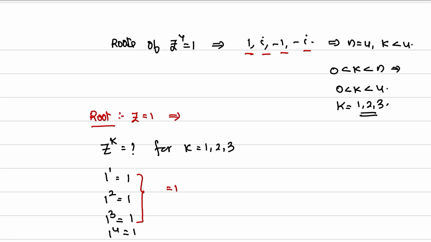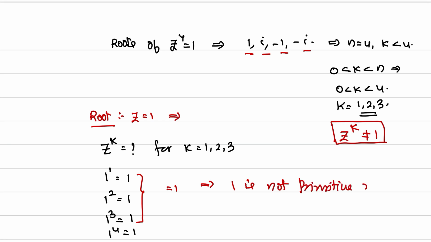But what should be the condition? Z to the power of k should not be equal to 1. That is the condition for primitive root. That means 1 is not primitive root. Are you able to understand? How to find the primitive root? In a simpler manner I am making you understand. Now,